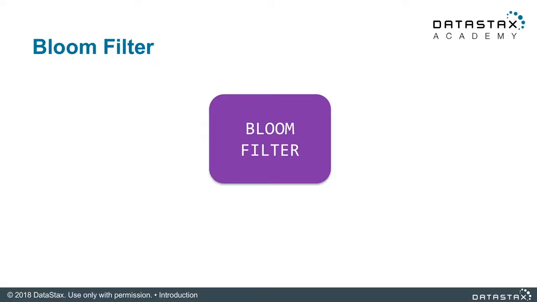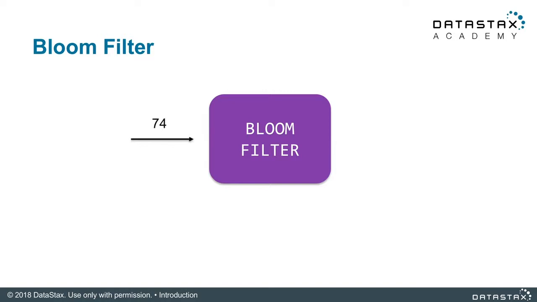Let's look through this. Here we ask for partition 36. We know that partition 36 is in there. The Bloom filter reports, hey, it could possibly be in there, and then the read continues on through the partition summary and the partition index as we saw on the previous slide. Here's another request. I want partition with the token 48. The Bloom filter says, not there. The Bloom filter is not responsible for where that data could possibly be, or if it's not there, it just says, yo, I know it's there or it's not there.